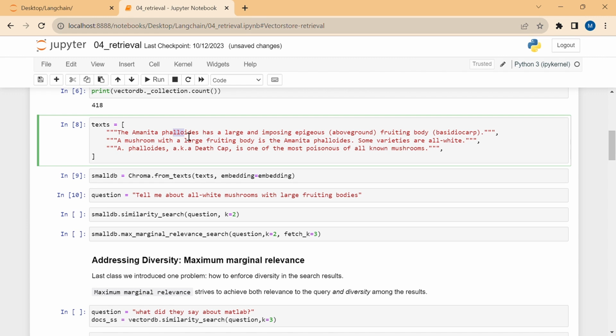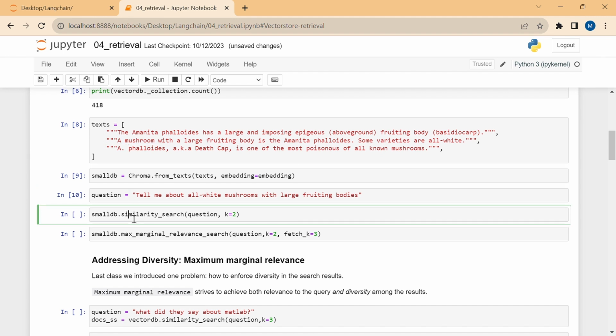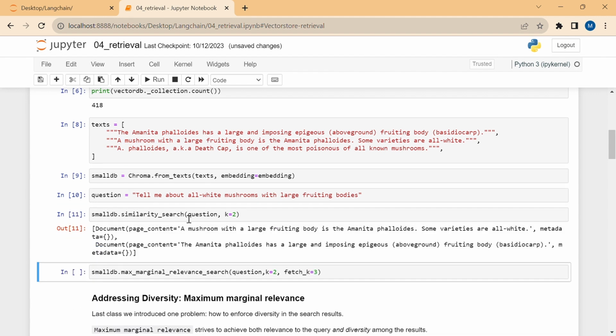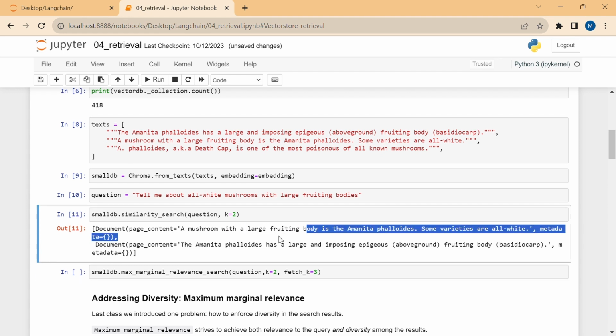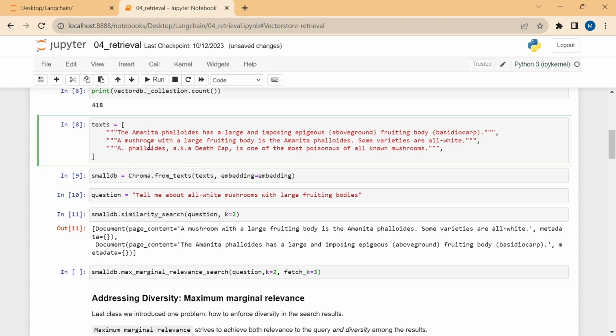It has something about mushroom, fruiting bodies, and details like mushroom. Let's see what I'm getting as an output. With the help of similarity search, it says there is a mushroom with large fruiting body. It gives this as an output because my question is, tell me about all white mushroom with large fruiting bodies.